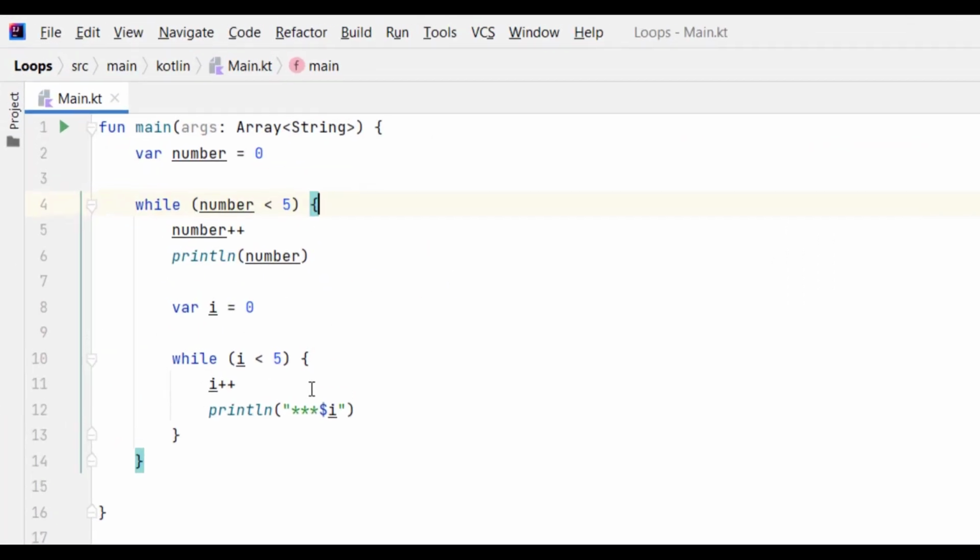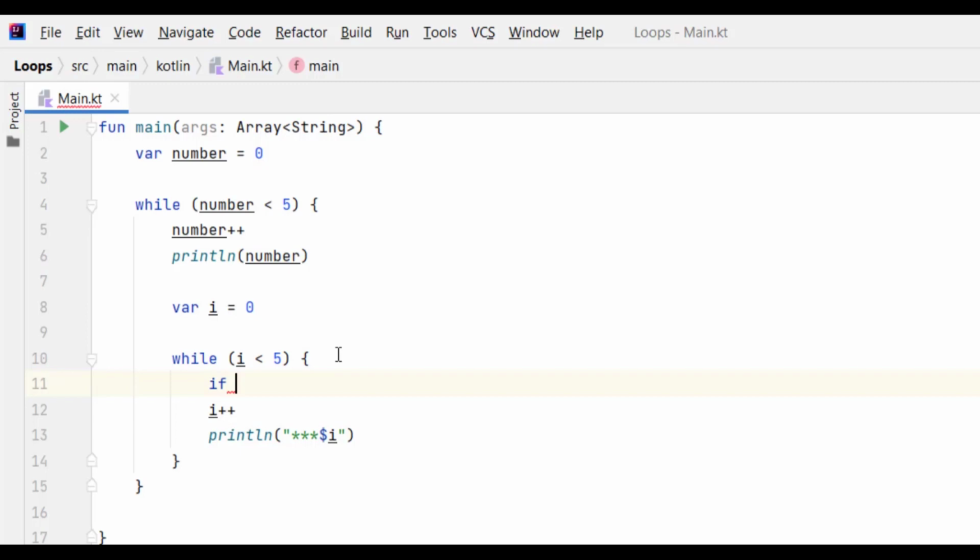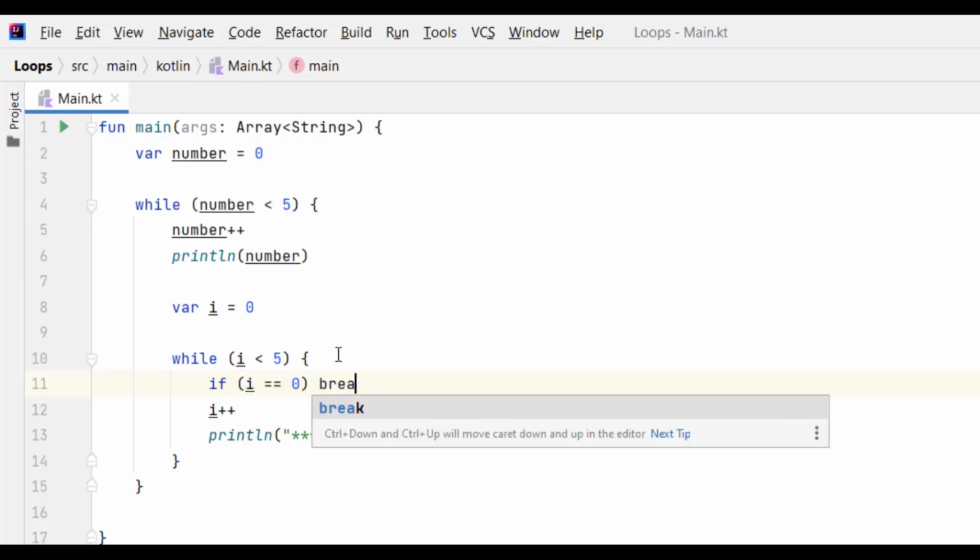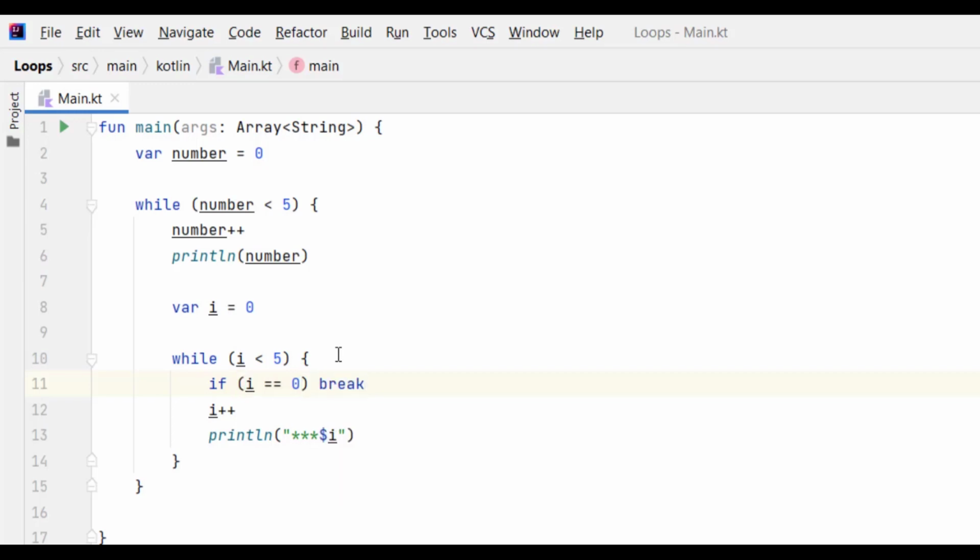And you can use the break keyword inside the inner loop. So I can say here, you can put it above here, if I equals 0, then break. And you can put the break and continue keywords in one single line if you want. You can avoid the curly braces. So now if you run this code,